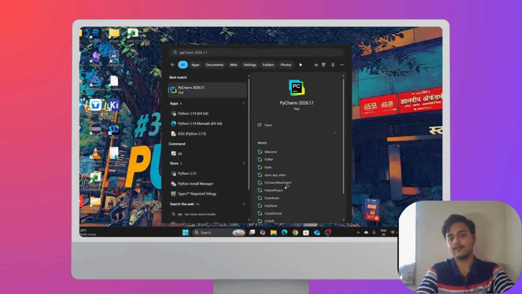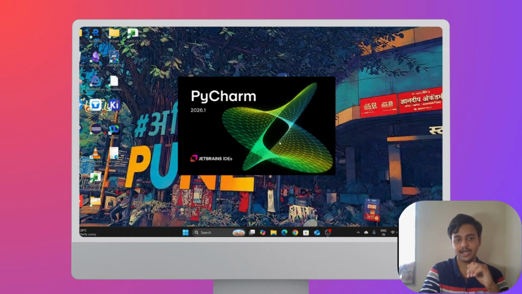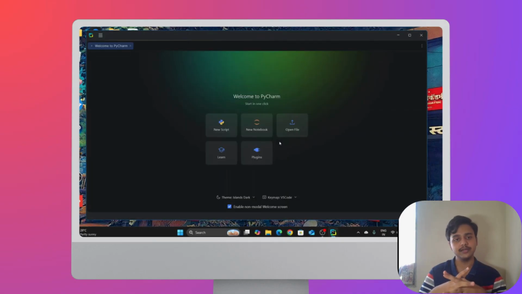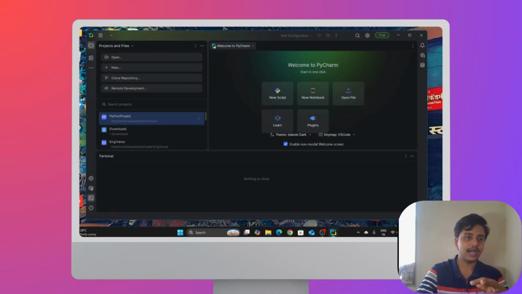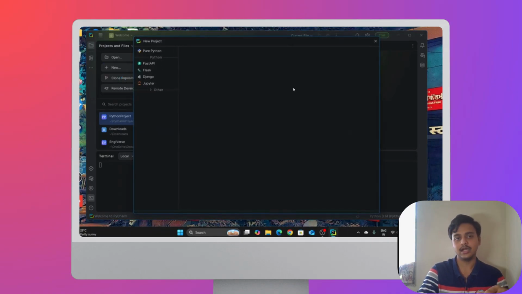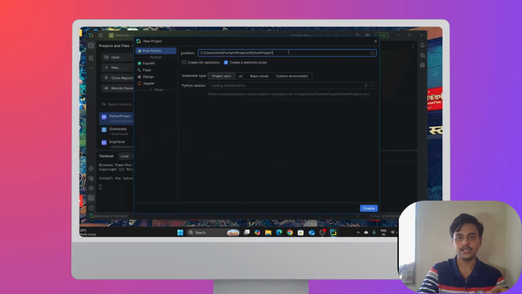So I'm going to open PyCharm and it is going to run for a while. It is going to prompt me to the home screen, and here I can click on new project and it is going to create me a new project. I'll name it crop prediction system or crop pred. Okay, and I'm going to select venv, or virtual environment, for Python purposes as the project environment, and I'm going to click on create.